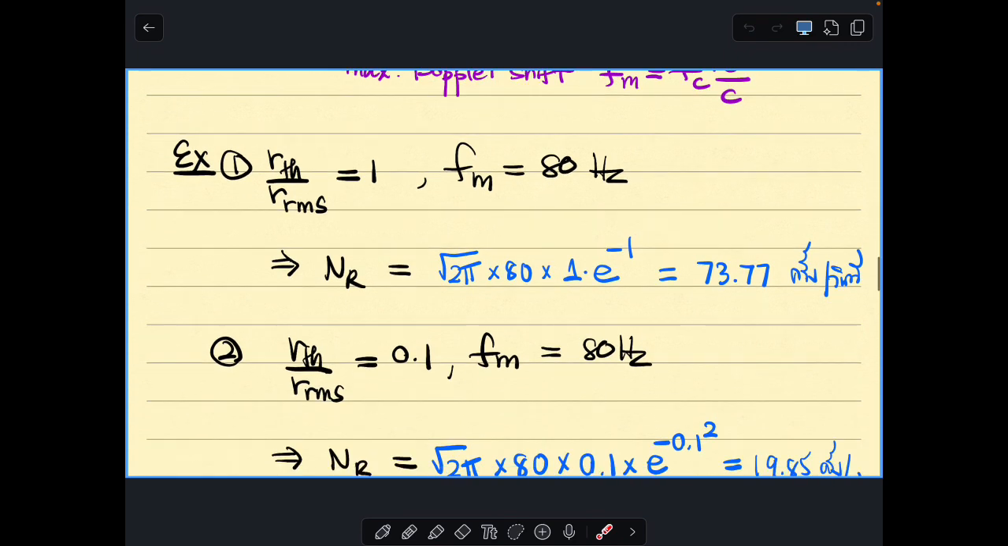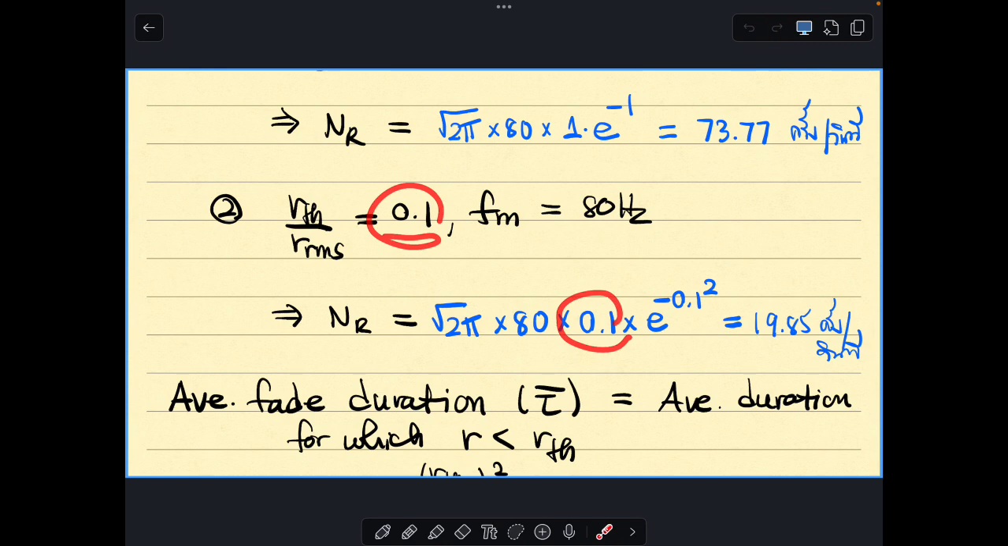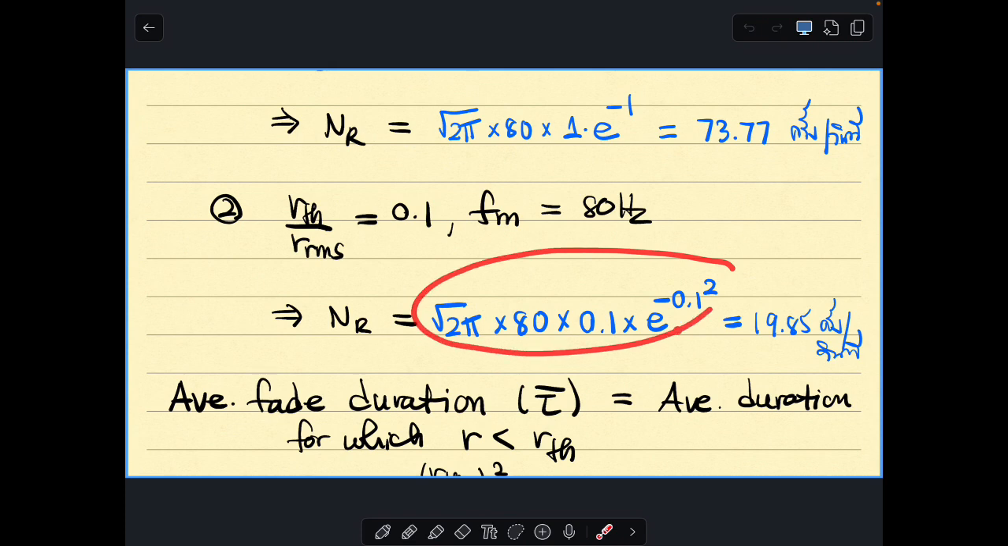Okay. Now, let's set the threshold to be smaller. So you say R_th divided by the mean is equal to 0.1. That means the threshold is even lower, so if it crosses this threshold, that means the channel is really bad. And again, Fm is equal to 80 hertz. We want to find N_R, so we use the same formula: square root of 2 pi times 80, this is Fm. Now the ratio is 0.1, and then e to the power of minus 0.1 squared. You use your calculator to compute this, and you got